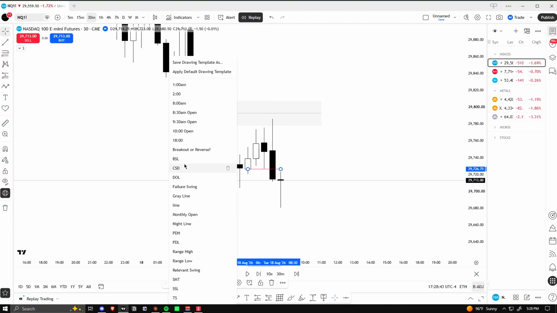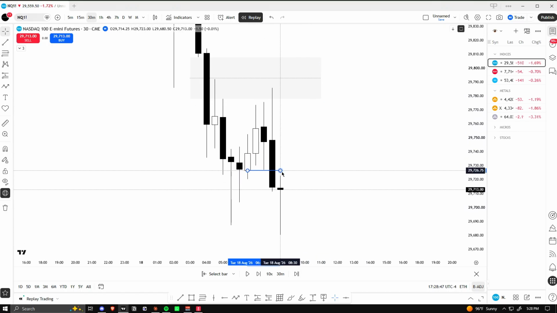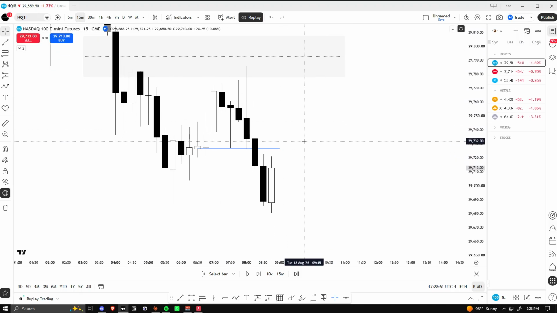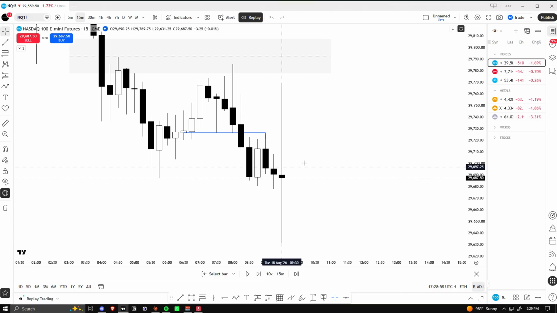Price is giving us this change in the state of delivery. I don't like this. These up-close candles are not large enough, in my opinion. Not something that I would have trusted to enter off of. I don't really like all of this consolidation either, and so I chose to wait for 9:30, and this is